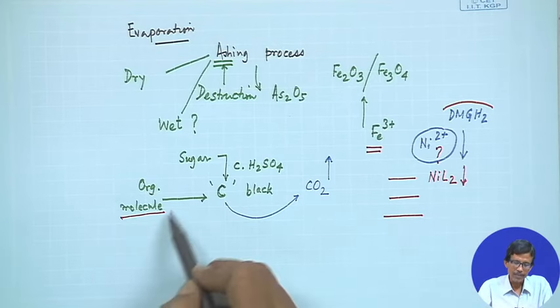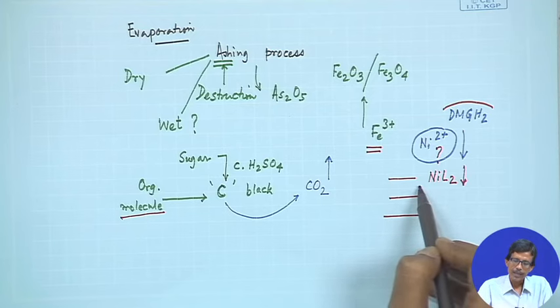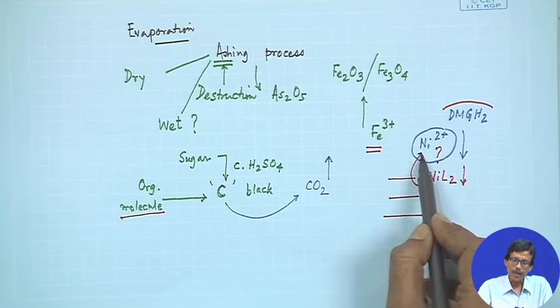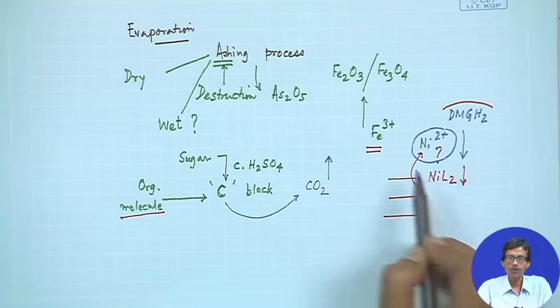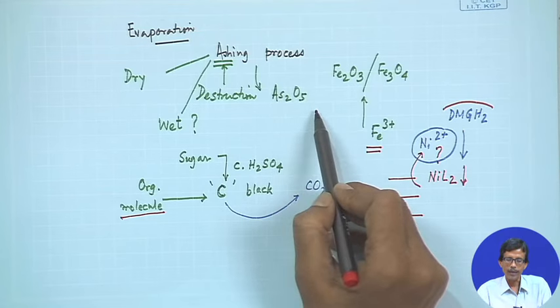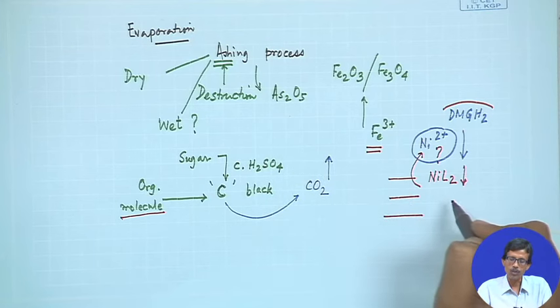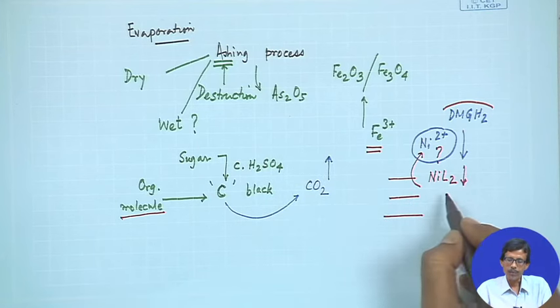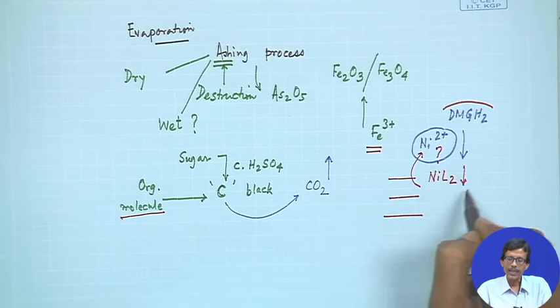But for this example, how can we get back this Ni2+ in aqueous solution from the NiL2 complex, like getting the corresponding iron ion or any other metal ion from the ore sample? This is another example of how we get the nickel ion from this NiL2 species, which